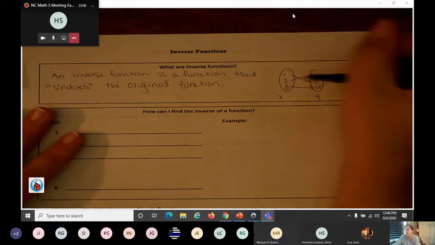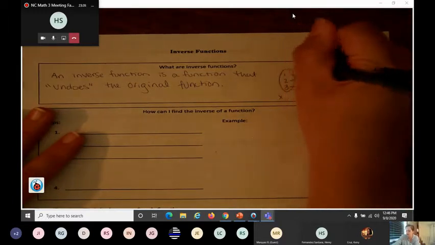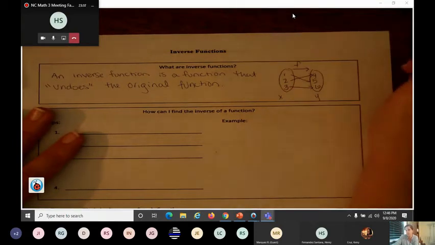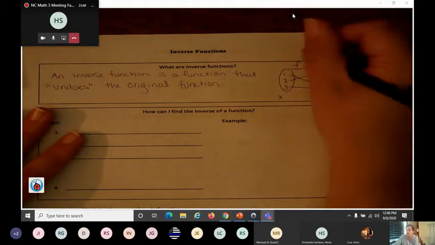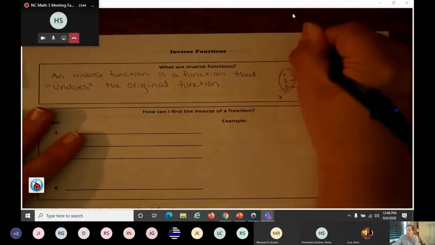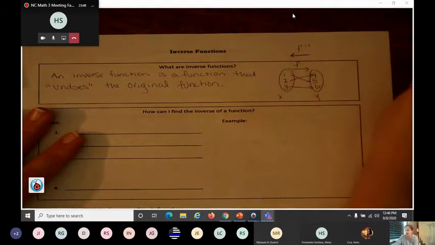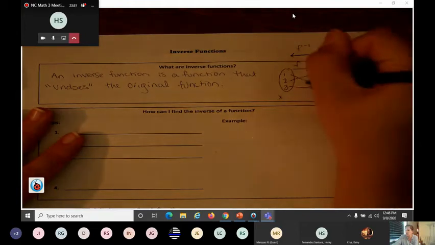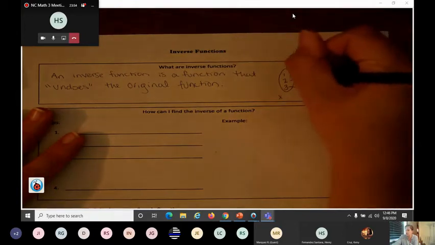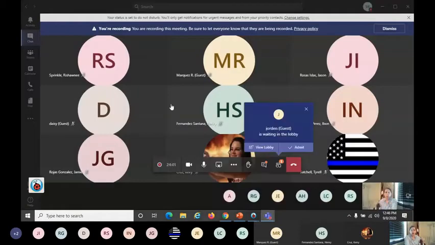When the arrows are pointed to the right, this is going to be our function f. Now, if we flip all of those arrows around, going the opposite direction, this makes it our inverse function. So if I flip each of these arrows around, it's like we're doing our inverse function instead. The inverse is going to do the opposite of whatever our